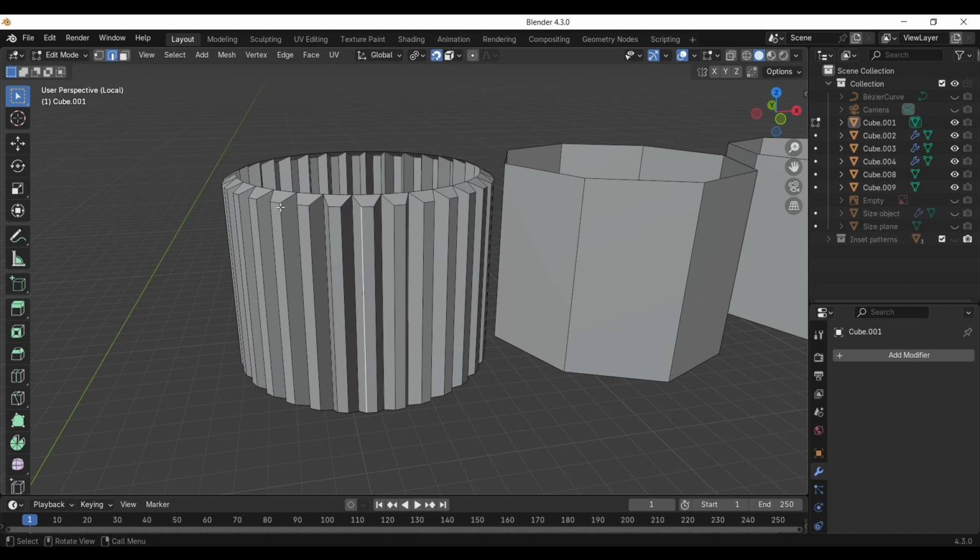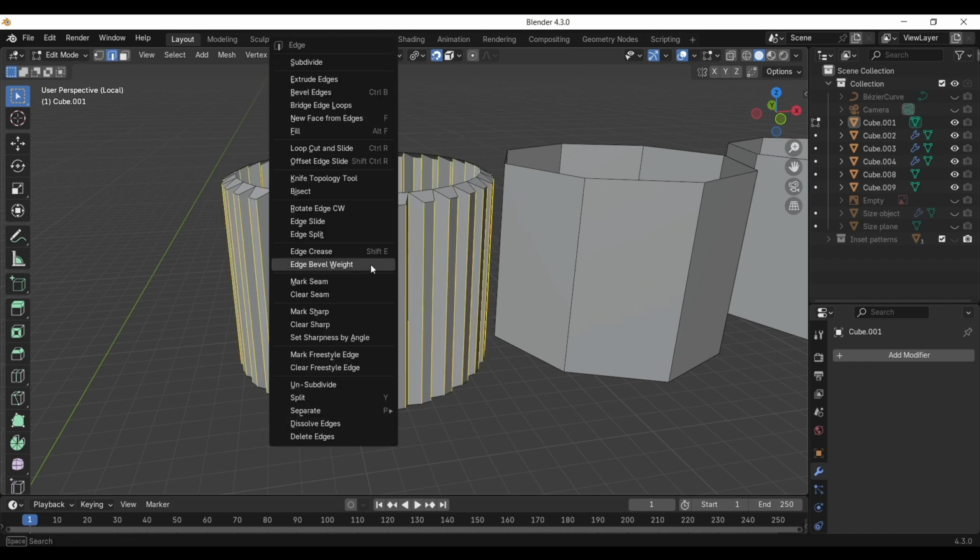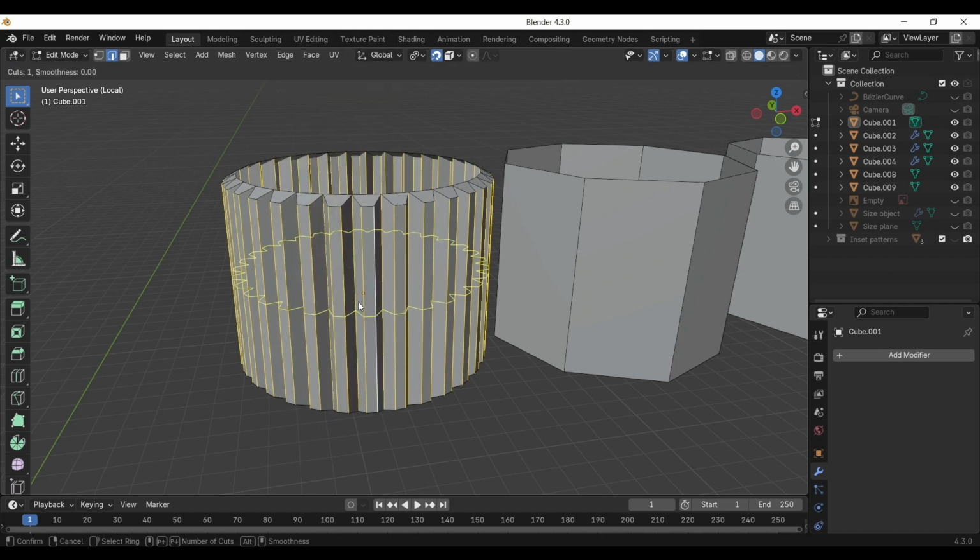I'm into edge selection mode now, and I'm gonna select the edge ring. I'm gonna do right click and loop cut and slide. So when you do loop cut and slide, I want 4 loops here on this ring. So what you can do is, once you click on loop cut and slide, it is going to give you this reference